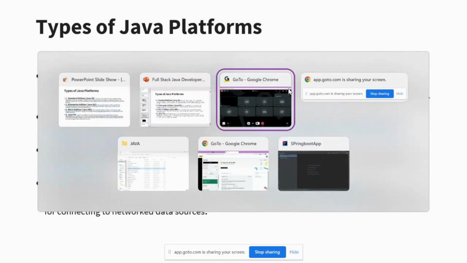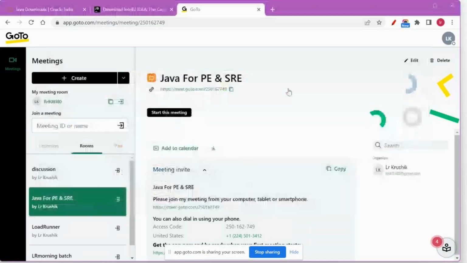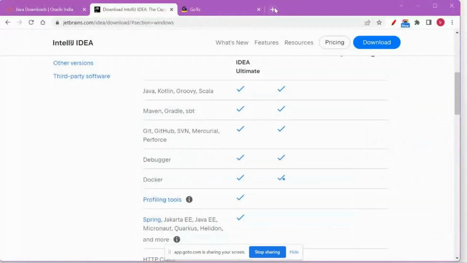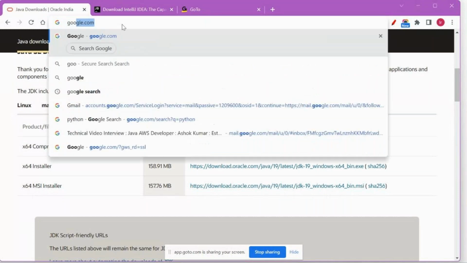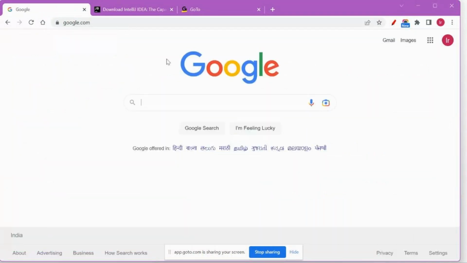So what we are going to do here is, you can go to your browser, you can go to Google. You need two things. First thing is, if you have a dedicated machine with you, if you can run your courses, you can install a software, well and good, you can very well proceed. But if you don't have it, that is also no problem.